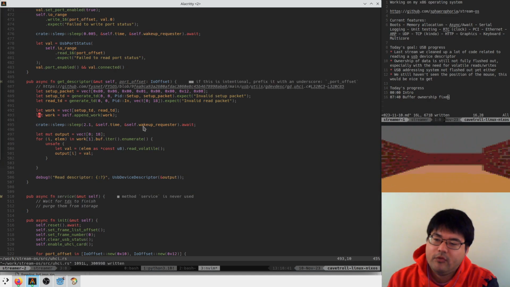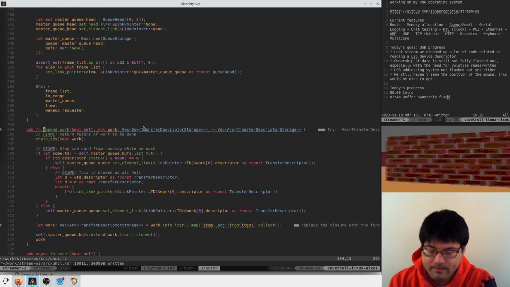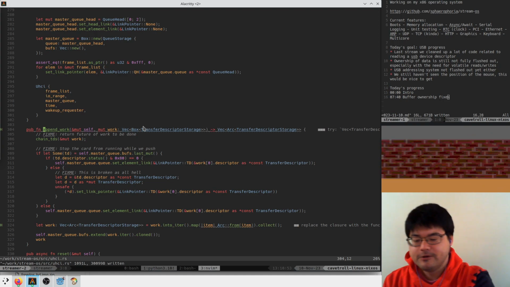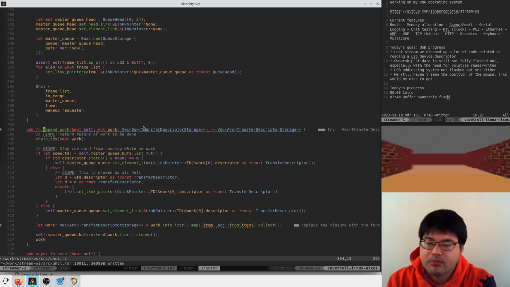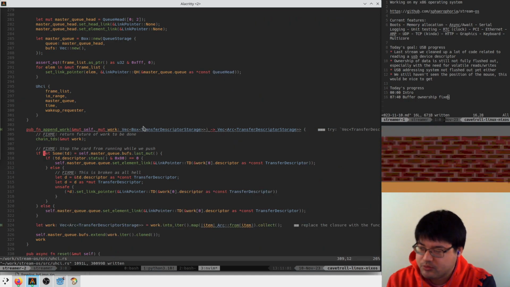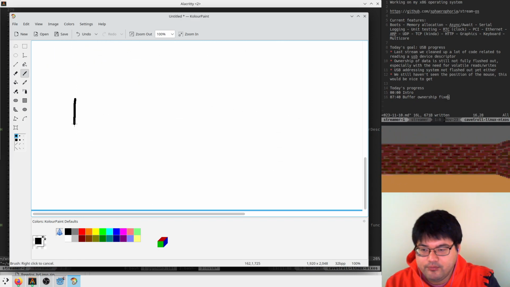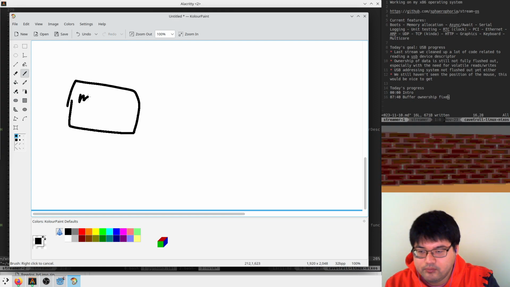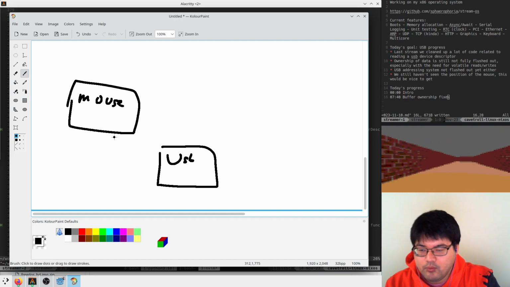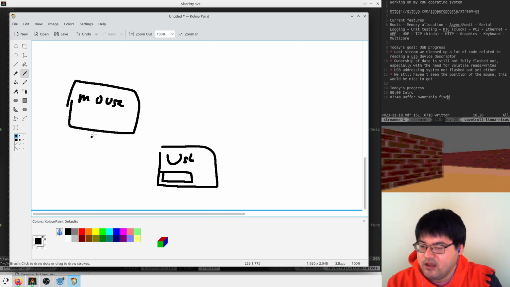And so what does that look like? Let's think. Something that we need to be careful about is in our driver itself, we need to hold onto the buffer. So if we have a mouse driver and a USB driver, when he requests that he writes to hardware, this guy has to hold onto the buffer in memory, because if this guy drops the buffer,